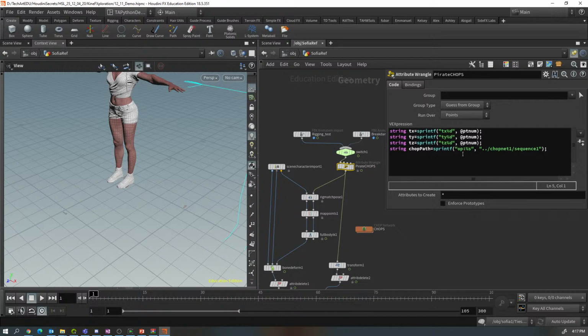So my chop path is op colon, and then the string name, I'm going to look for chopnet sequence 1, and that's not what this is going to be. This is chops slash dance out. Okay, so you're going to see why I used OP colon for that channel, because what we're going to use here is the chop vex. And so what I'm going to create here